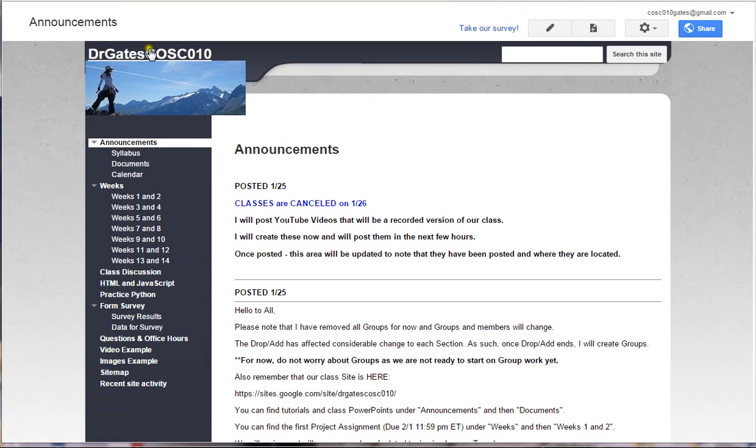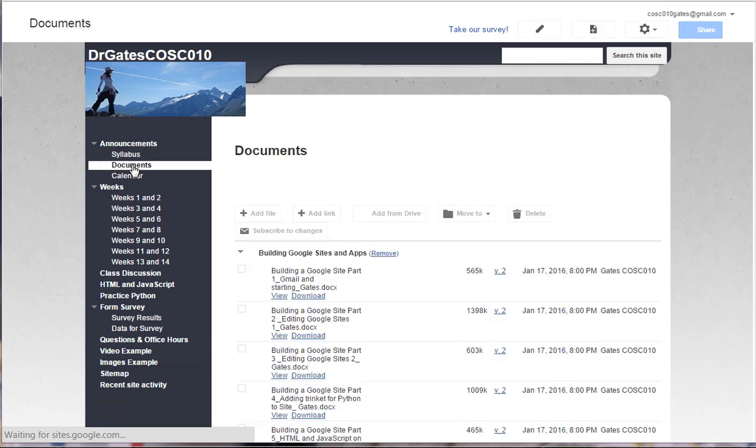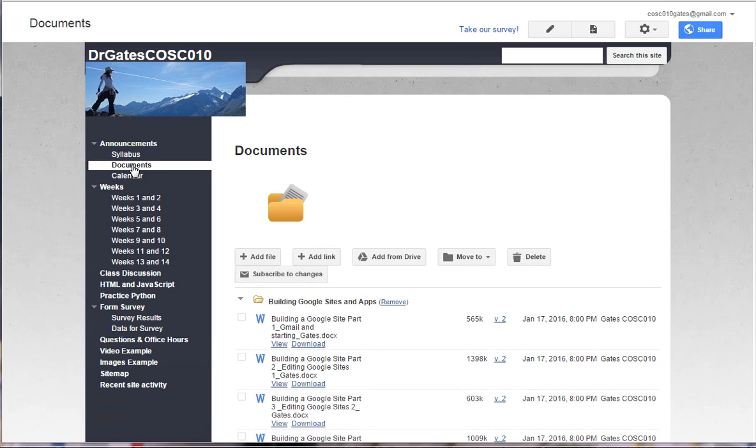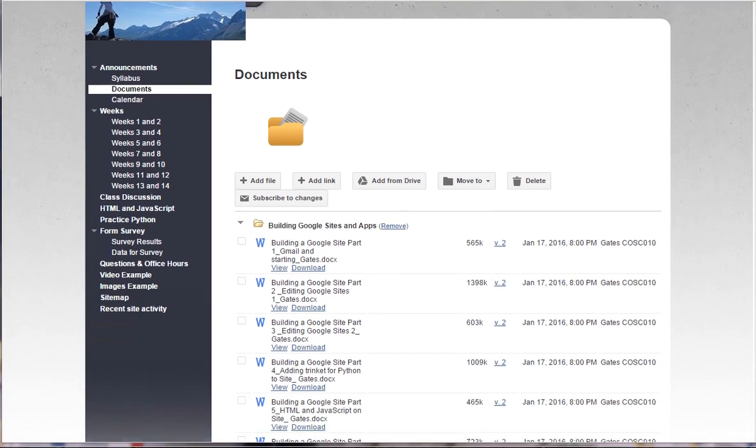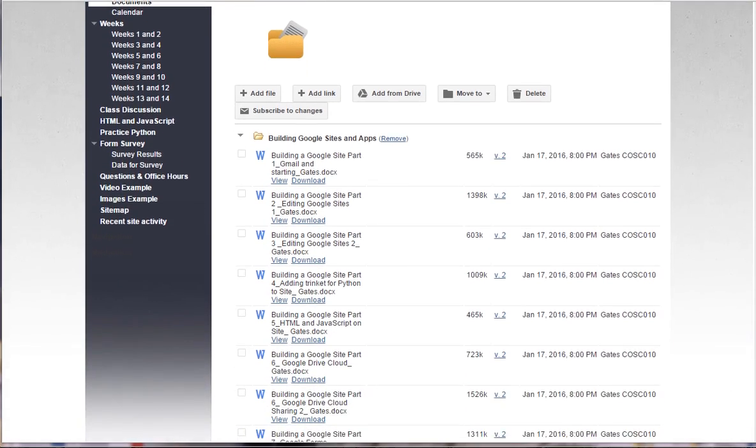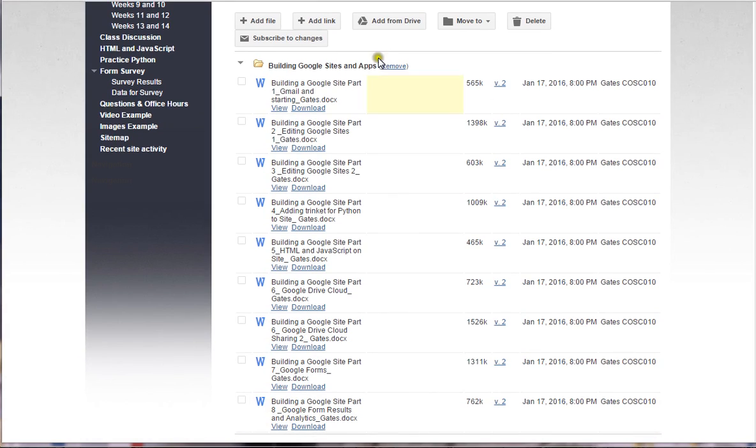When you first log into the class website, if you click on announcements, this is what you'll see. If you look under announcements and click on documents, it'll show you and allow you to download all of the tutorials that I've made so far and all of the PowerPoint guides that are for our class notes. The very first folder inside the documents area deals with building